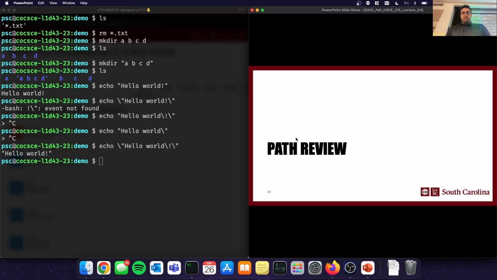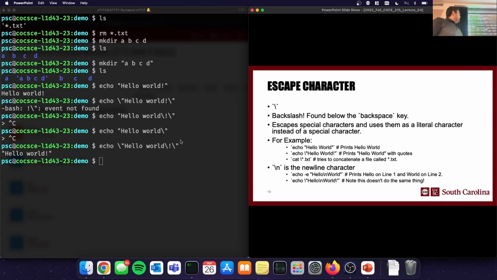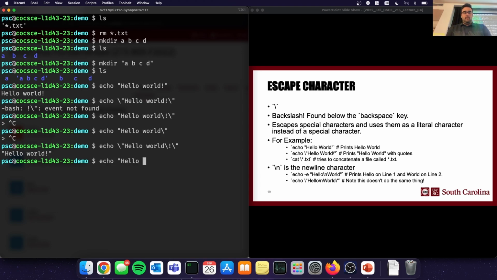And then, oh, one more thing about this. The other thing is the newline character. In Linux, it's \n. This is one character, even though it's two keys on your keyboard, it counts as one character. It stands for the newline character. So if we do echo hello \n world, because I put it in quotation marks, it interpreted it as the literal version. But if we do this,